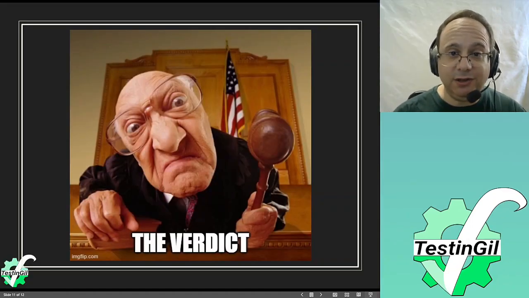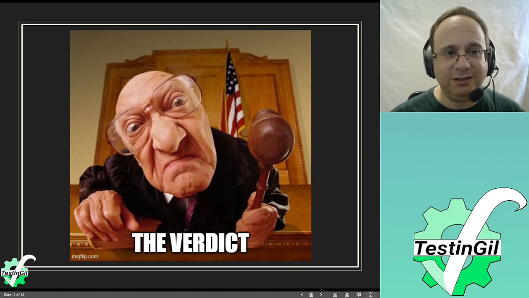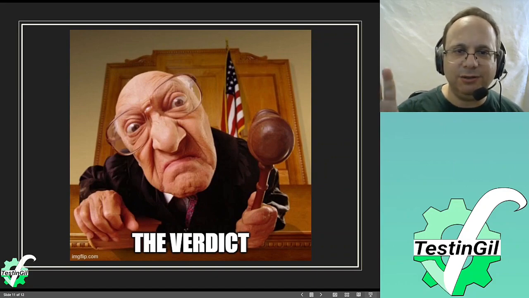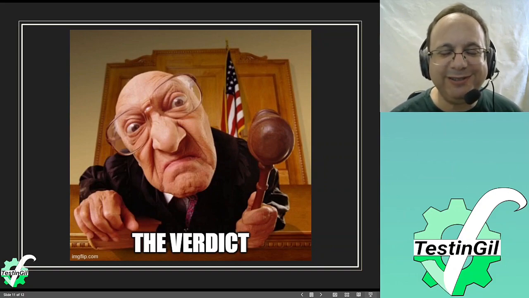Okay, before we get to the verdict, I want to talk about one thing that I haven't showed you. It is something that comes with Playwright, which is called a code generator. Code generator, or test generator, is exactly what it sounds like. You get a browser, you click on things, you have code generated for you. The problem is, it takes a bit more time than I have to show you. This is what I'm not showing you today.